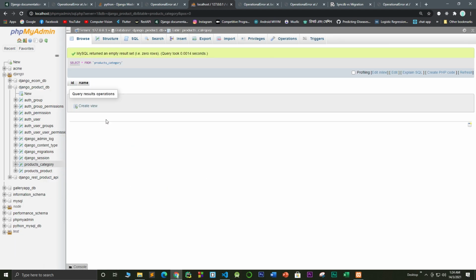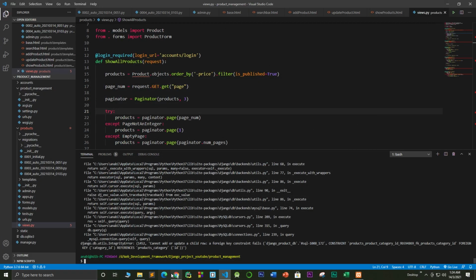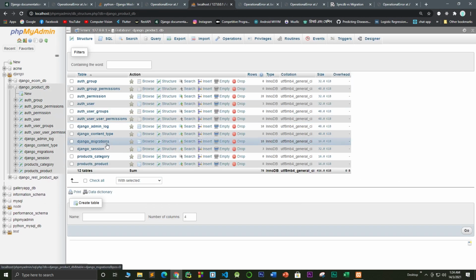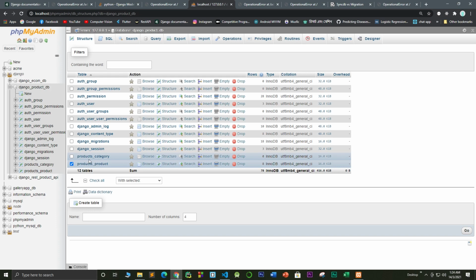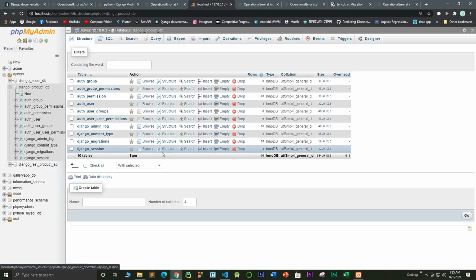As you can see, products category is added, with an id and name, but the products table is not added, so we need to drop our products table as well. In Products db, we need to drop our products table, and let's delete both of those things, and let's see if it is working or not. Let's delete both of those. Select, drop this table. Everything is deleted,